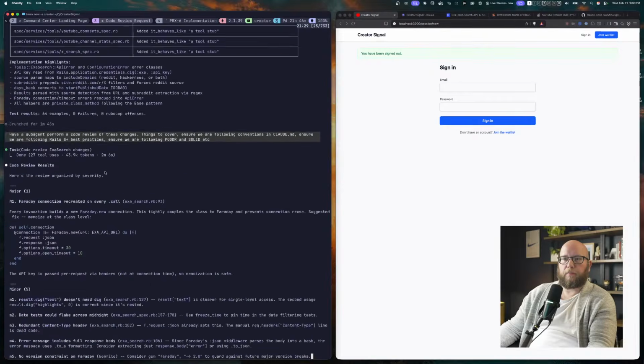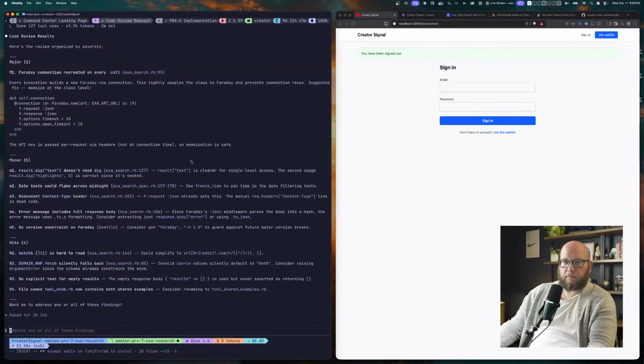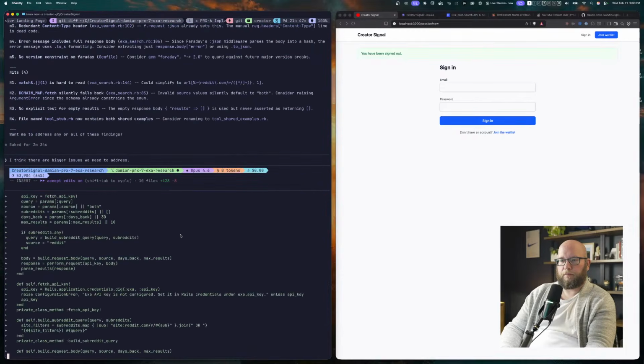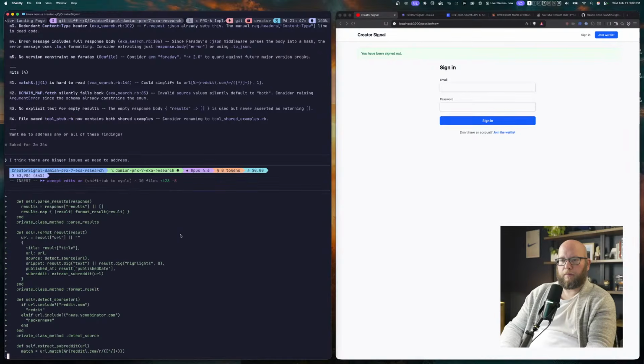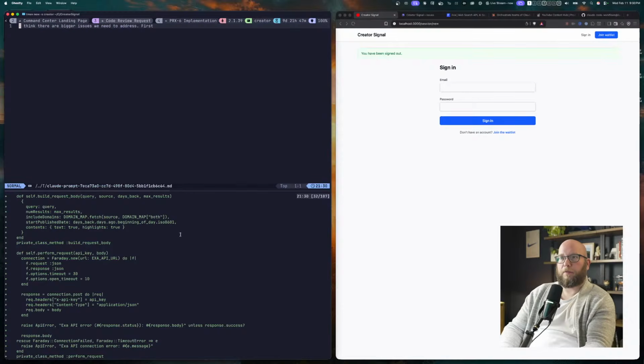Okay, so let's see. Here's the code review. Major issue, recreated on every call, yeah. Okay, I think there are bigger issues we need to address. So let's go git diff. First, actually, I'll put this in Vim mode over here. First,